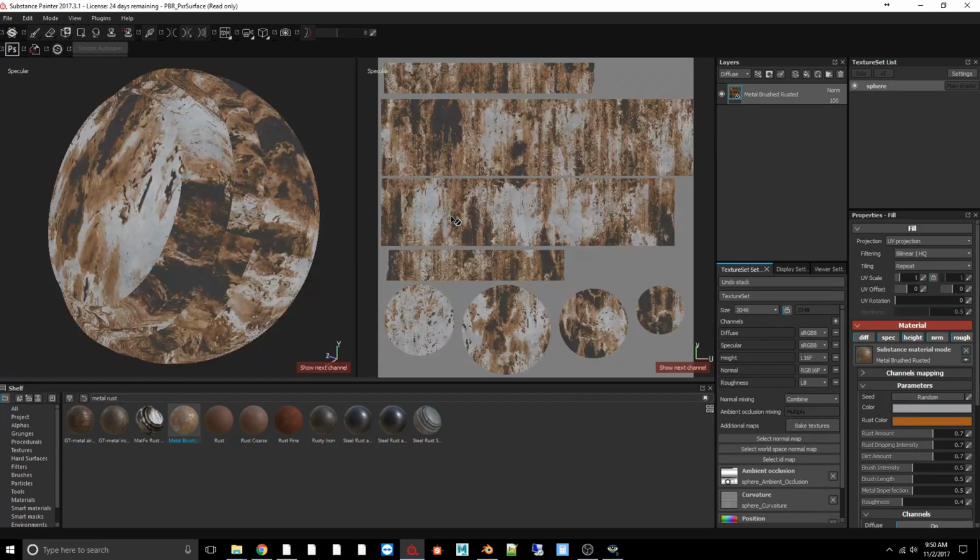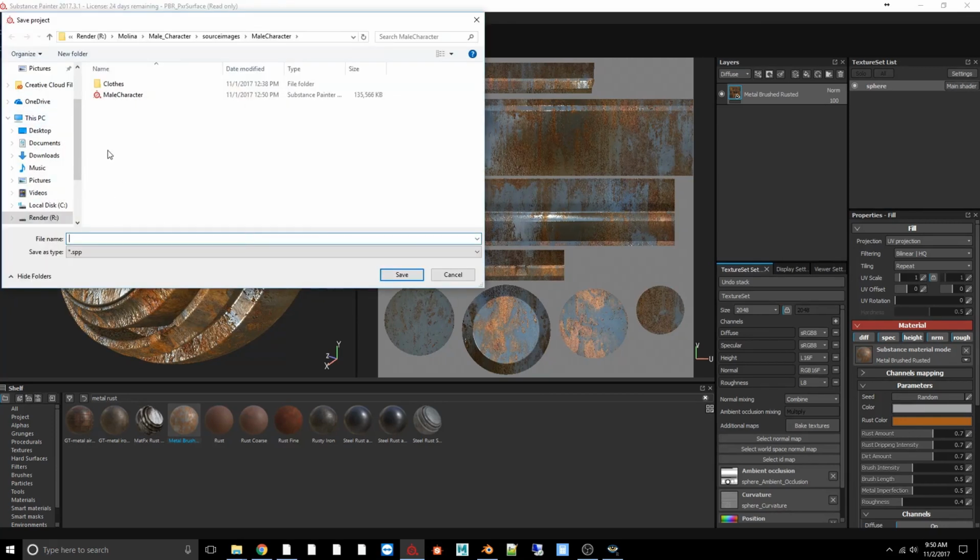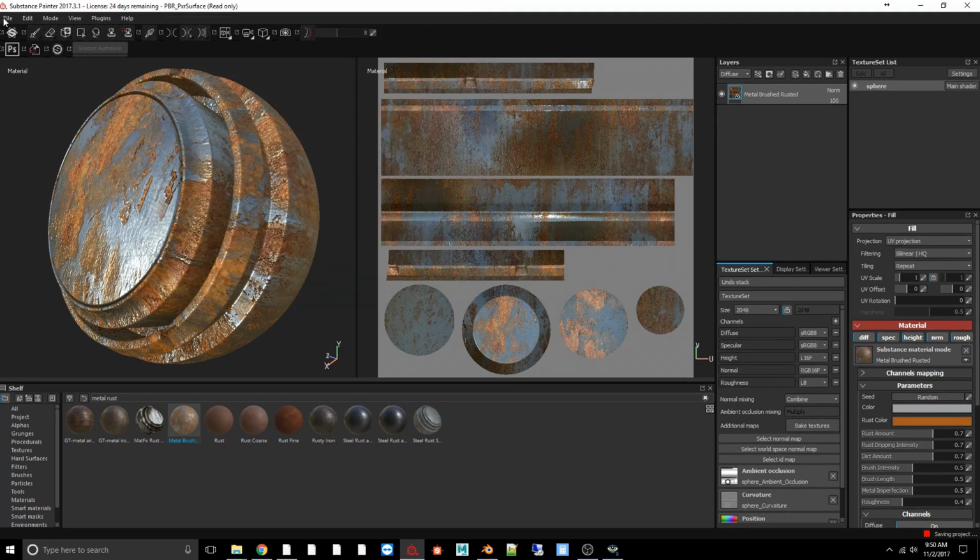Okay, everything's good. So let's go back to here, and let's go ahead and export textures. Well, let's go ahead and save this file. And I like to save my Substance file in exactly the same place that I put my textures. So I'll call it MET Metal Rust and save it and give it a second. There we go. And I'm going to export the textures,